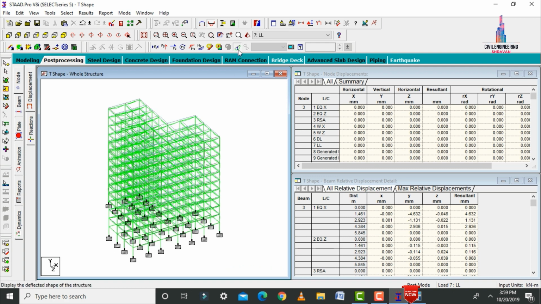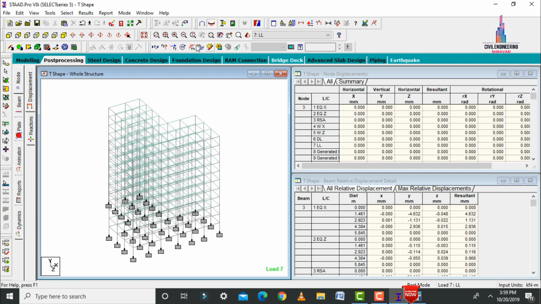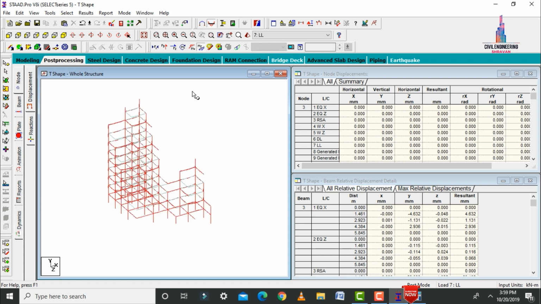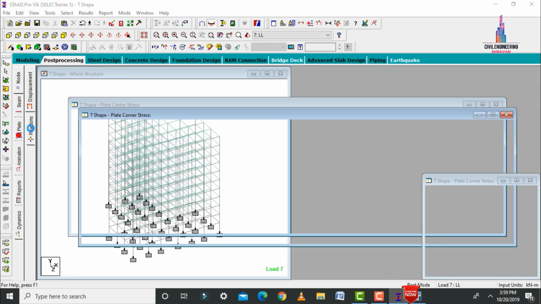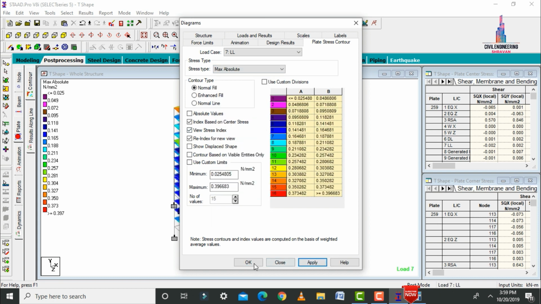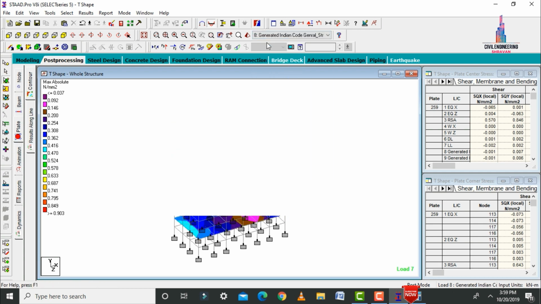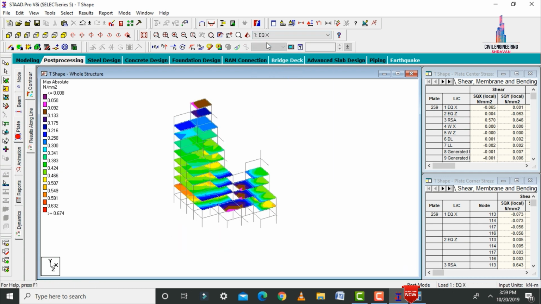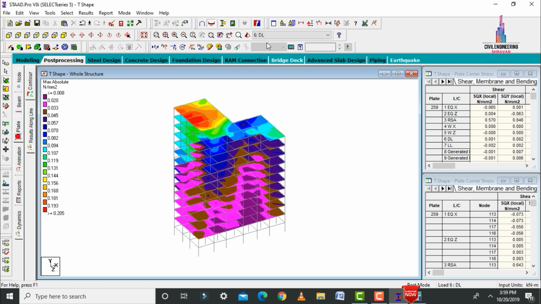After that, I will show you the shear force diagram. Select Fy. This is the shear force diagram for this respective structure. Now I will show you the bending moment diagram, MZ values. This is the bending moment diagram. After that, we have to select the plate load, apply your stress type as absolute pressure. Click on apply, click on OK. This is the absolute pressure for this building due to the presence of dead load, live loading condition, and this is the earthquake load X, earthquake load Z, response spectrum analysis case, wind load X, wind load Z direction.